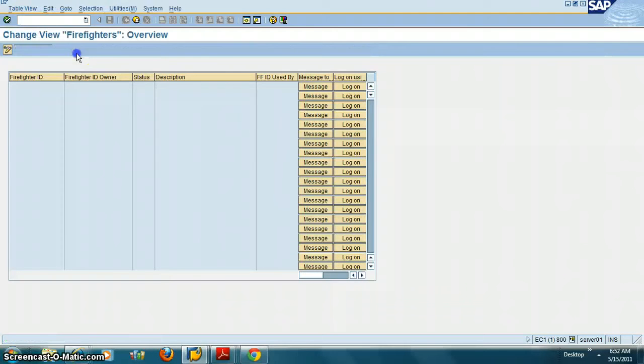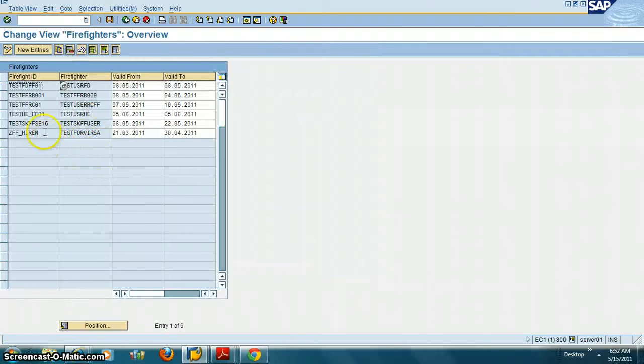Okay. The next screen is the firefighter. So let's say you need to go and mass maintain the material master. You will be given a material master firefighter ID, and it will be attached to your ID. So this firefighter is the person who is actually going to execute in the production system, and the firefighter ID is the one which gives the access in production. And then you can also specify how many days or how many weeks you will have access to do that. This will typically be given during production cutover and some emergency time when the system needs to be fixed immediately.